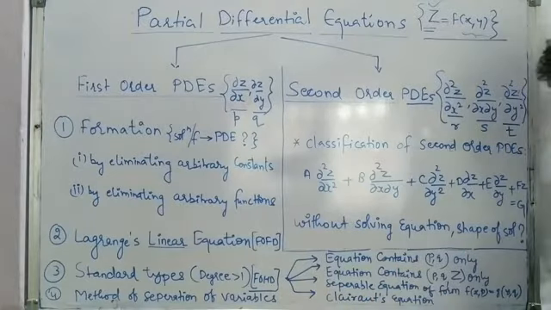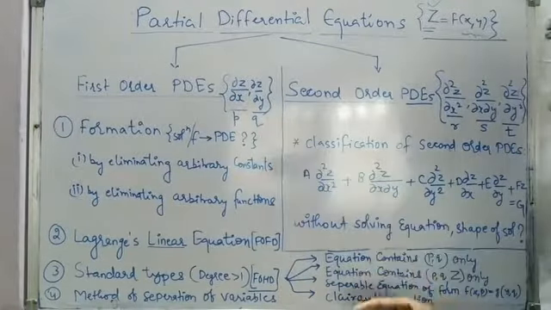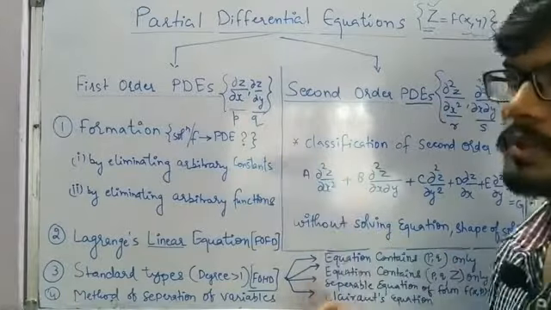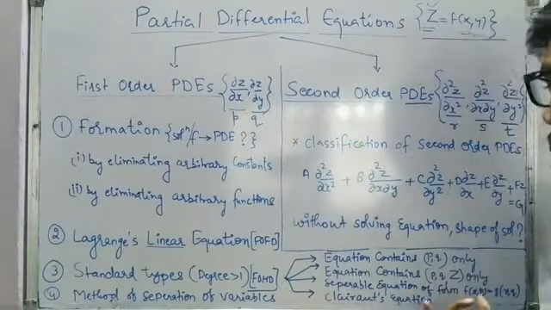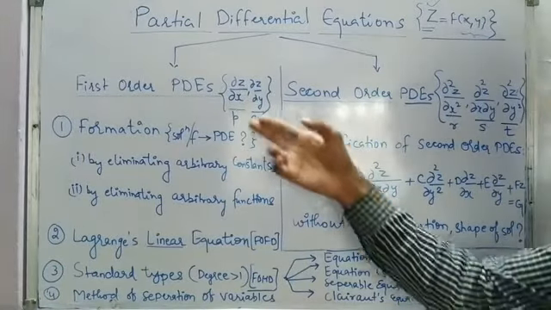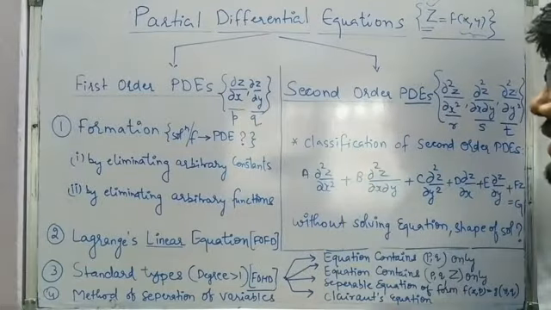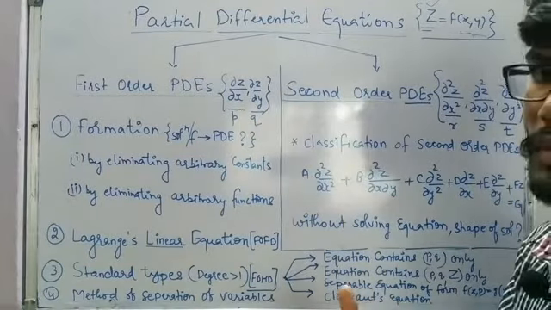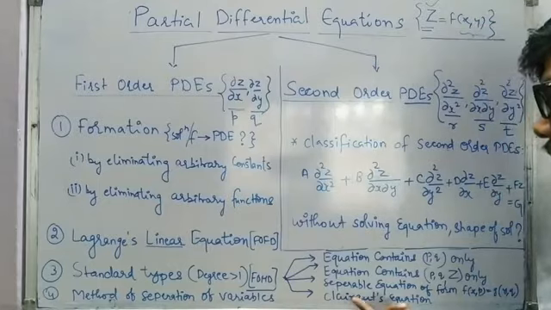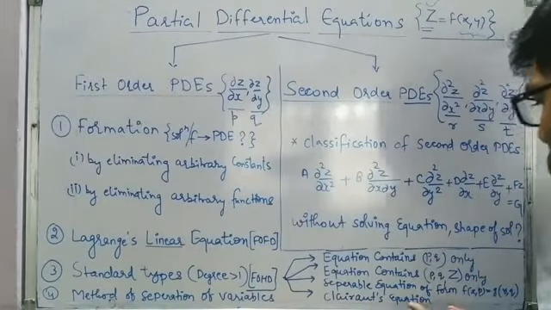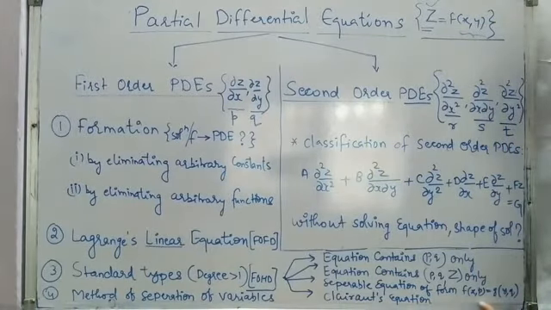If the equation is going to contain only p and q, so only dou z by dou x and dou z by dou y. Or if we have an equation containing p, q and z as well, so dou z by dou x and dou z by dou y is there, and also we have z itself. So z is going to be a function of x and y. And in the second standard type, we have the separable equation of the form f of x comma p is equal to g of y comma q.